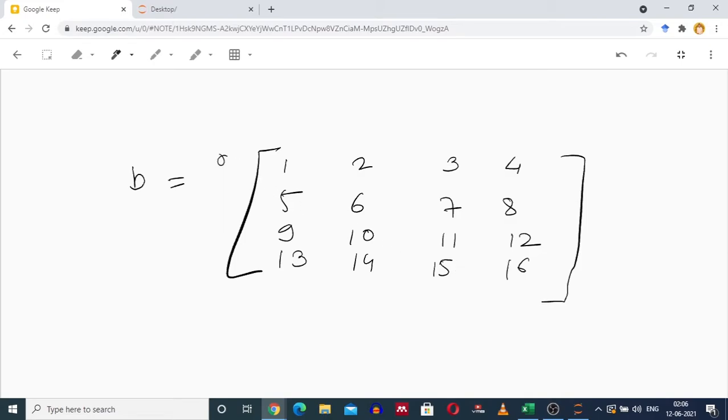This is row 0, row 1, row 2, row 3, and column 0, column 1, column 2, column 3. The element at 0,0 is 1, the element at 0,1 is 2, and the element at 0,2 is 3, and so on.